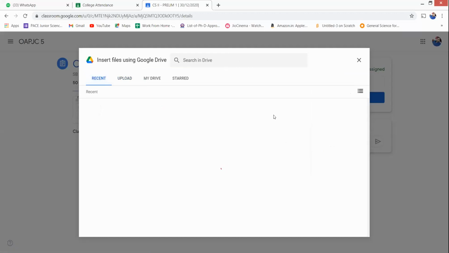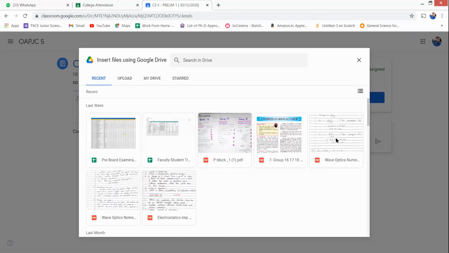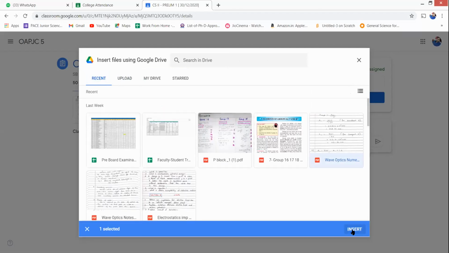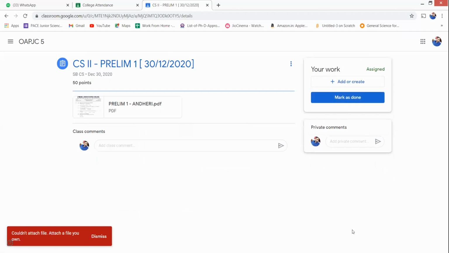Please don't share the link, because it is very difficult for the teachers to correct and send you back. If you are sending in the form of PDF, like suppose here I'm selecting, see it has been attached. Now there might be some connection issue. As soon as you click on add and attach, your file will be visible, and you can mark as done. When you do that, the teacher will be updated that the child has submitted the paper, and accordingly the correction will be done.